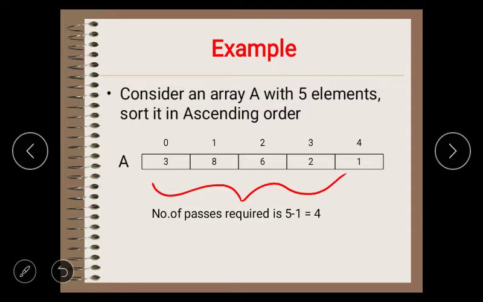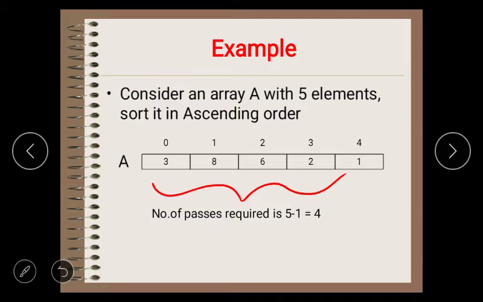As we know, to find the number of passes we use n minus 1, where n is the number of elements present in the array. So 5 minus 1 equals 4. So in 4 passes we will rearrange the elements in ascending order.